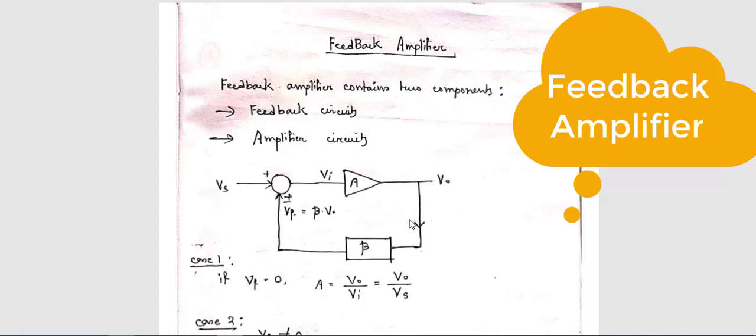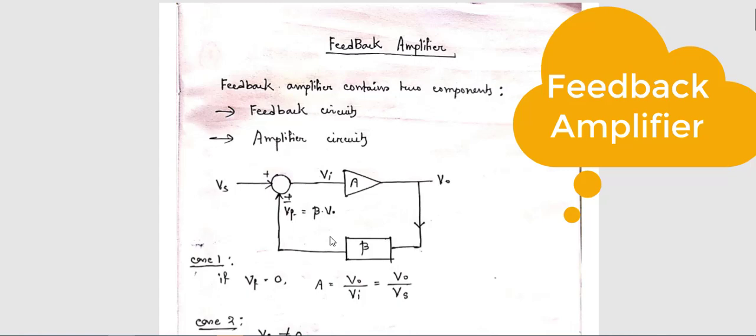Okay. Now which type of feedback can you use? Already I have said that feedback is basically of two types: positive feedback and negative feedback. Here you can see that if this symbol is positive, that means this path is positive, and in that respect you can say this is a positive feedback amplifier circuit. Now, if this symbol is negative, that means negative feedback is added with the amplifier circuit, and in that respect you can say this is a negative feedback amplifier circuit.